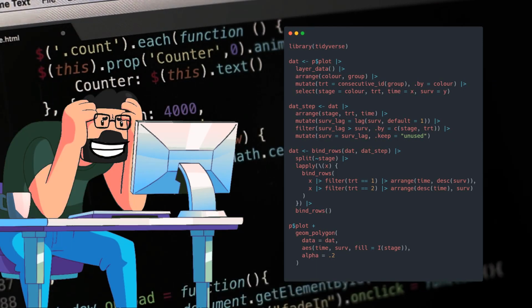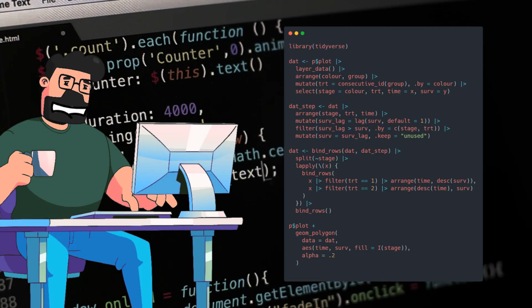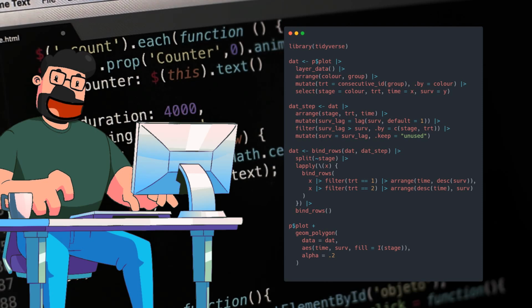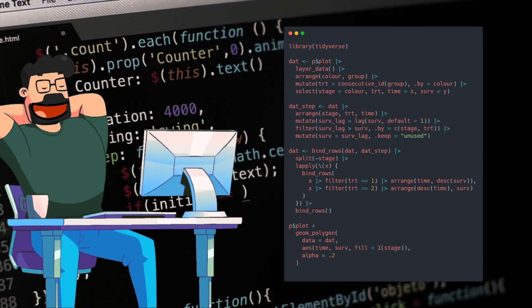One way to achieve this shading effect is by using a geom_polygon. This involves duplicating the observations where the step occurs and arranging the data in the correct order, such as arranging one treatment group by time and the second in reverse order. By following this approach, we can effectively shade the area between treatment curves of the same stage, giving our plot